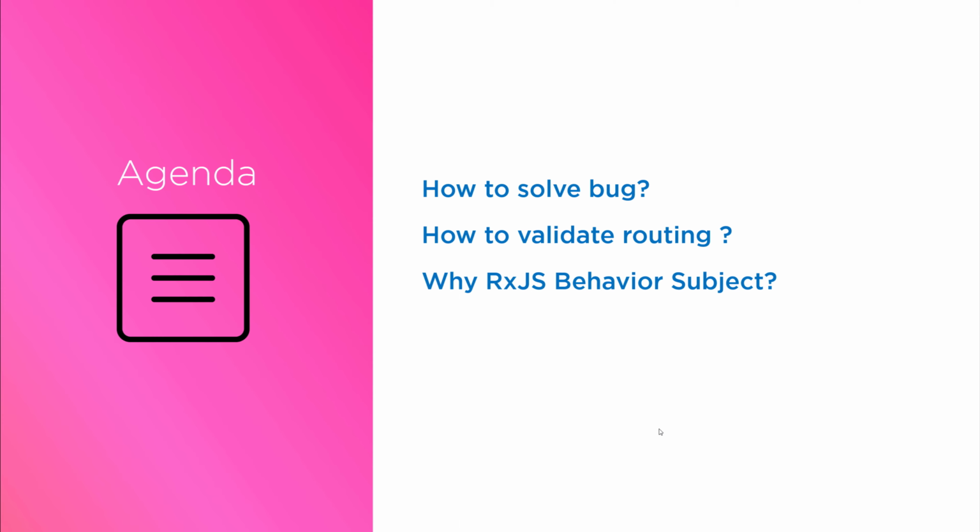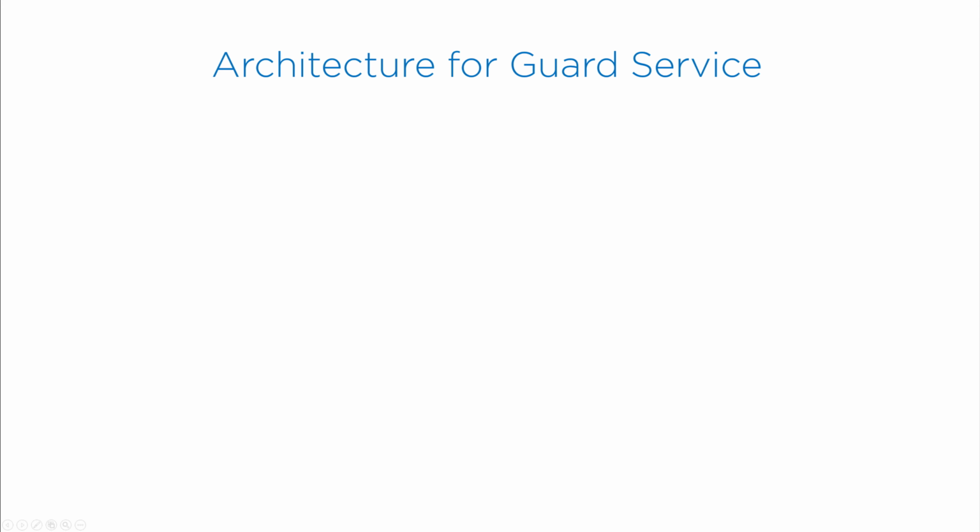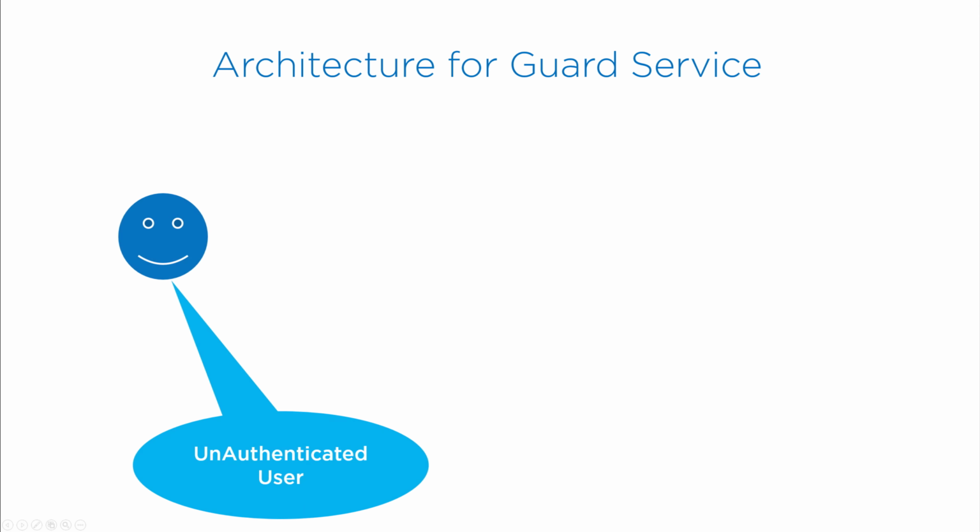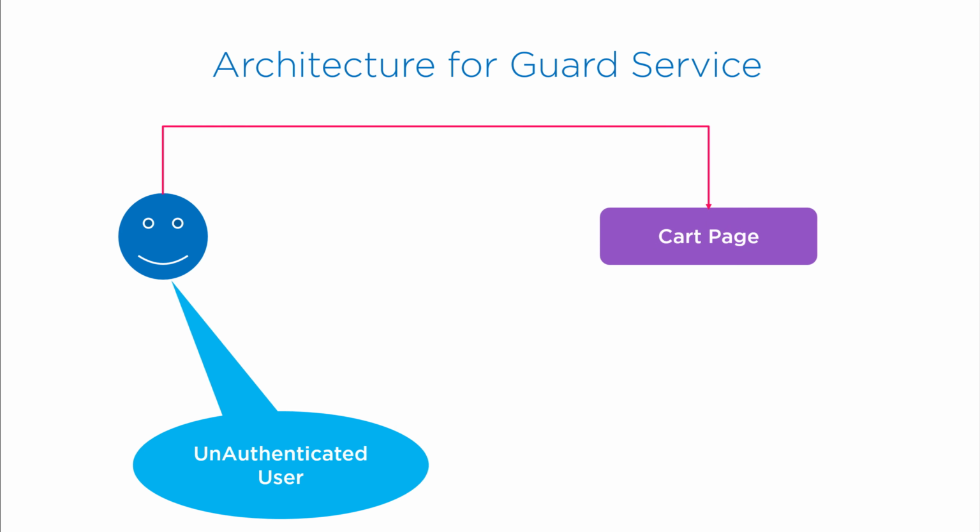Let me explain the architecture diagram so that you can understand the overall flow at a very high level. Suppose there is a visitor to your e-commerce application and he is not a customer, he is a visitor. He just wants to do some visiting and happens to add a couple of items into his cart. Now if he tries to go to the cart page, we want him to register or log in so that he is valid. Currently he is able to view the cart page without login or sign up to our shopping page.